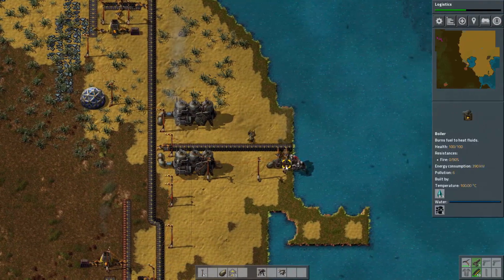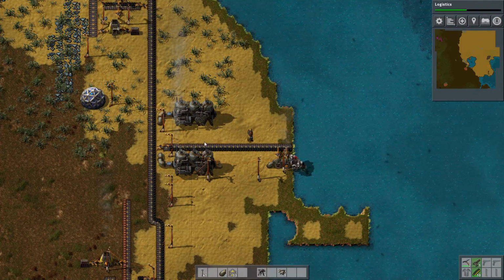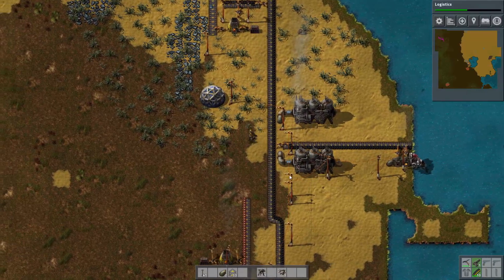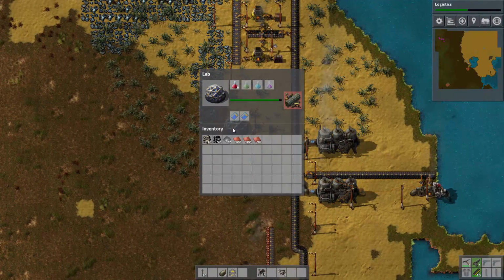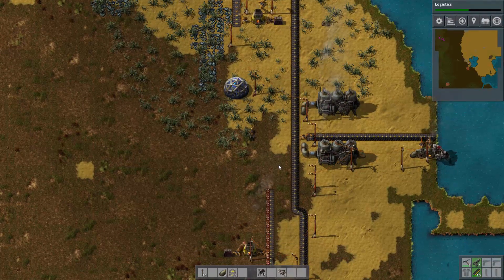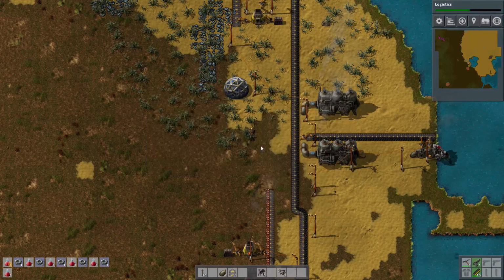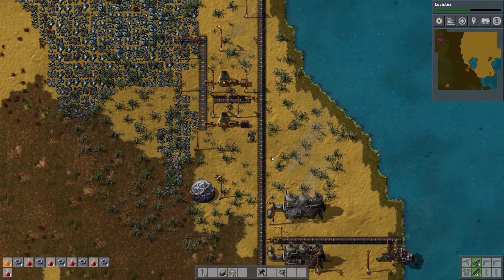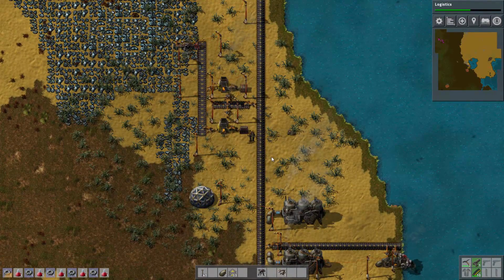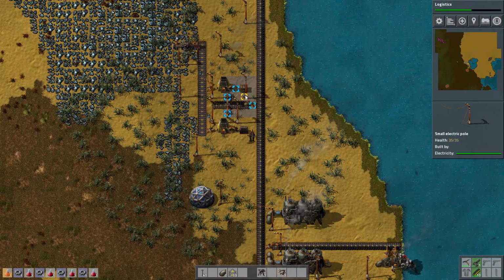I will need more boilers, though. They're not working full speed. I think the boilers are more important than the actual steam engines. Down to 7. I could probably craft a few more right now. 1, 2, 3, 4, 5. That'll be good. So once those are done, I'm going to get the research because I can't even get anything done here because I'm going to need the conveyor belt